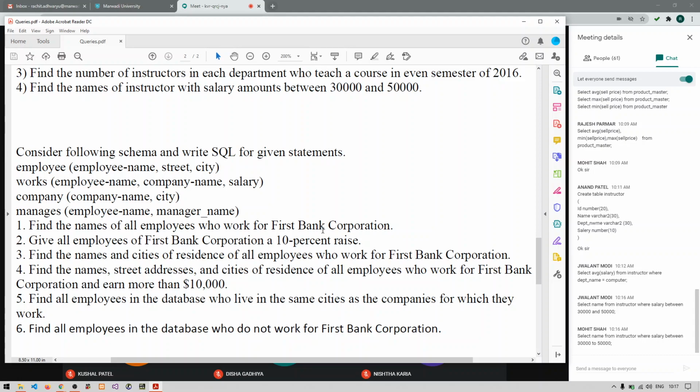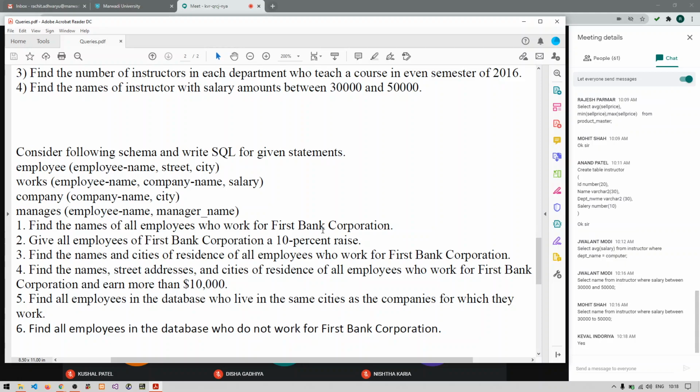Anyone? Find the name of employees who work for First Bank Corporation. Anyone? Do we have to use join or not? Okay, you are saying yes.